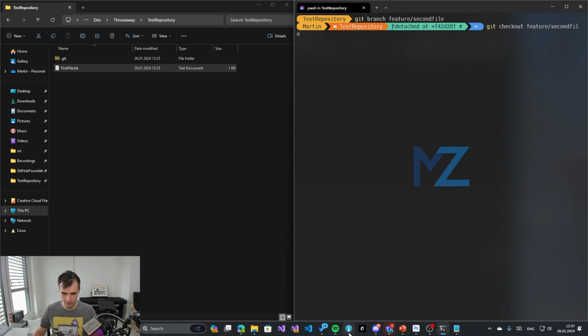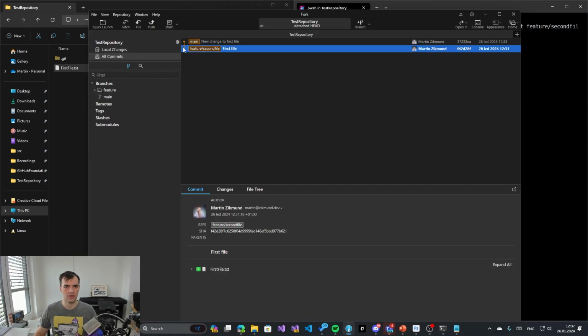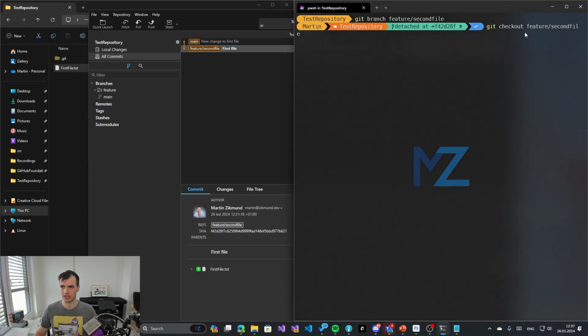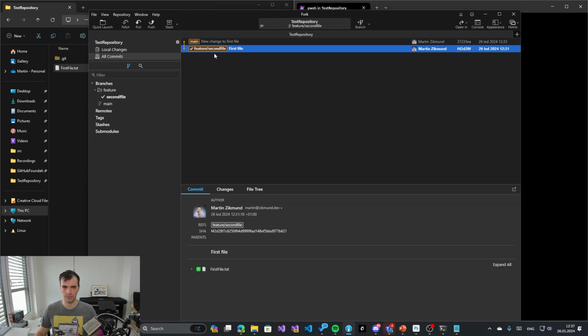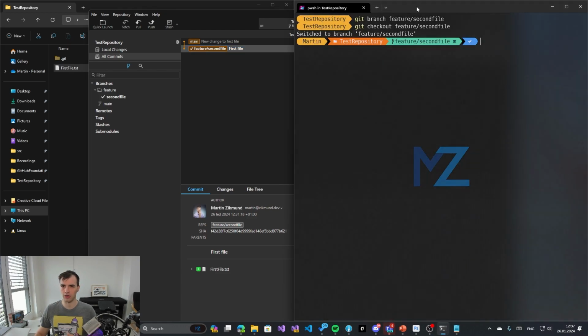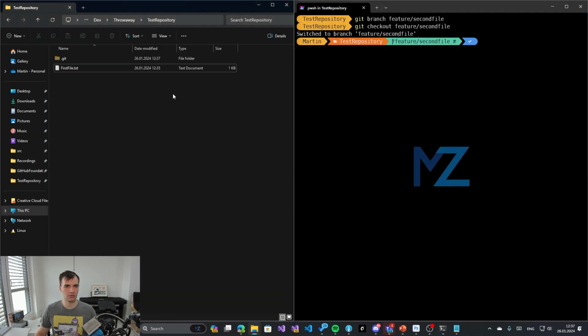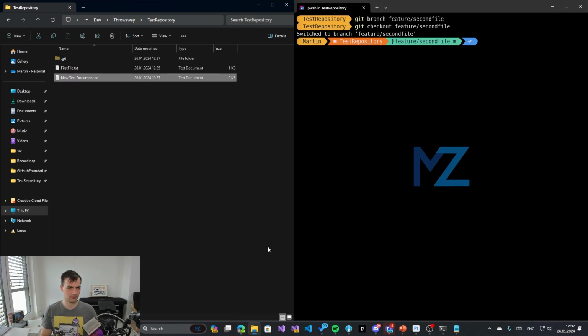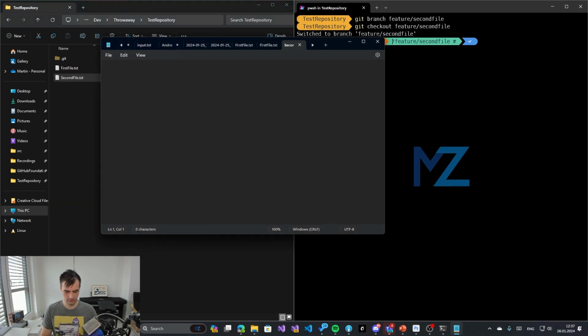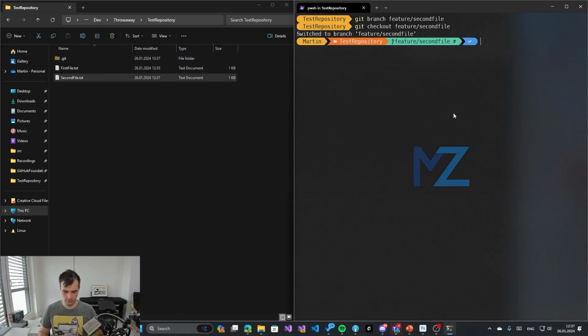So as if we can visualize it, we are currently on this first commit, and the branch is also at this point of time. So if I do git checkout feature second file, it will set this branch as the active branch. So you can see it's now displayed in bold because we are on this branch specifically. And now I can do any changes I want. So I can add second file, and save it. And now if I do git status,